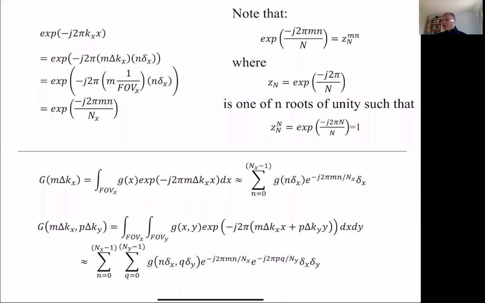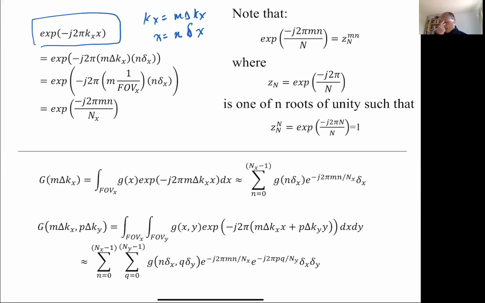Okay, so doing that, we can write out the consequences. We've looked at this term quite a bit before, e to the minus j 2 pi kx x, and that's assuming we have continuous objects. So kx is continuous, x is continuous, and everything we've done up to now is continuous. But as you've done in your MATLAB exercises, when we simulate these things, or when we actually compute images, we're doing everything on a discrete grid. So instead of kx, we're going to look at multiples of delta kx, right? Instead of x, we're going to look at integer multiples of delta x,